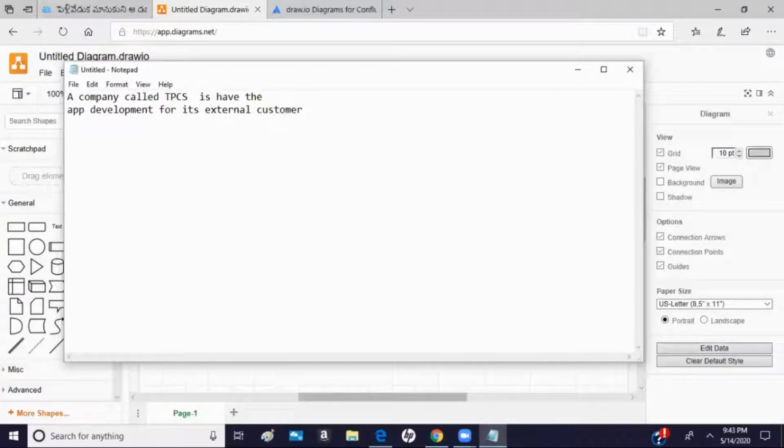The app is using .NET code and the backend is SQL.